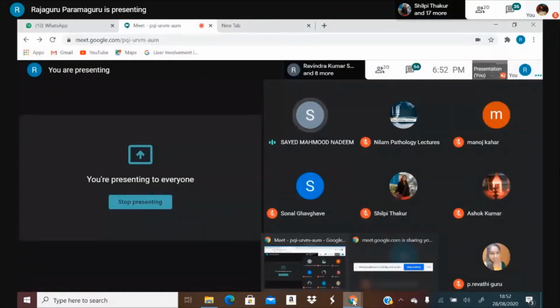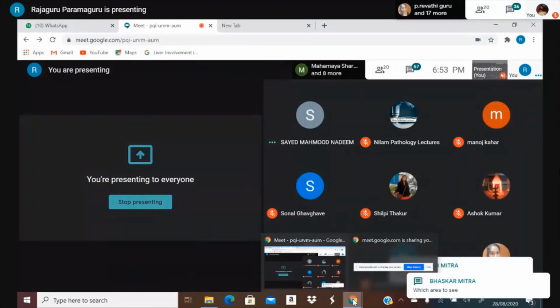That is the infiltration of the dysplastic hepatocytes into the periportal area. Not the periportal area, maybe it can be into the periportal area also, but this portal tract is not the portal tract which is surrounding the nodule. It is incorporated within the substance of the nodule. So you will have to see the cells infiltrating into the portal area which is within the nodule.